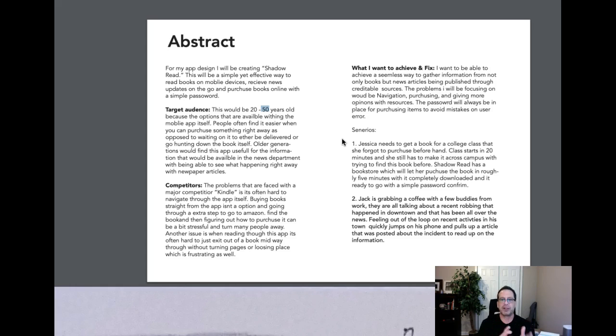I would go as old as 70 to 75 here, because that demographic are typically pretty heavy readers. Now, granted, as we get older in the demographic, computer savviness reduces, so you've got to find that sweet spot there.